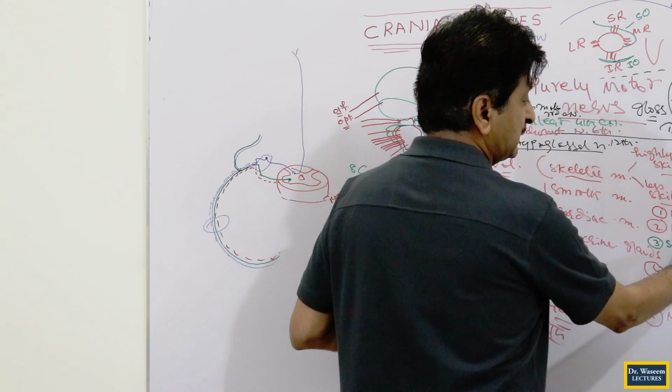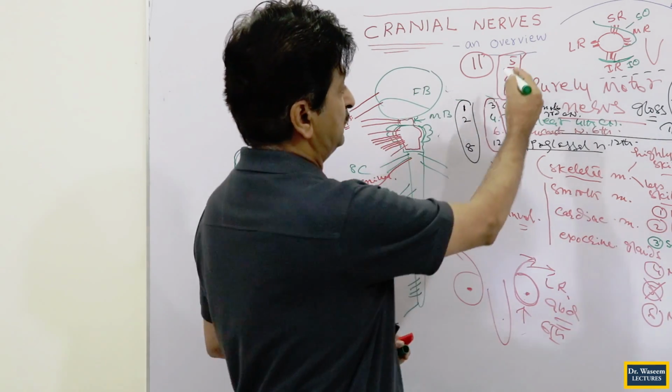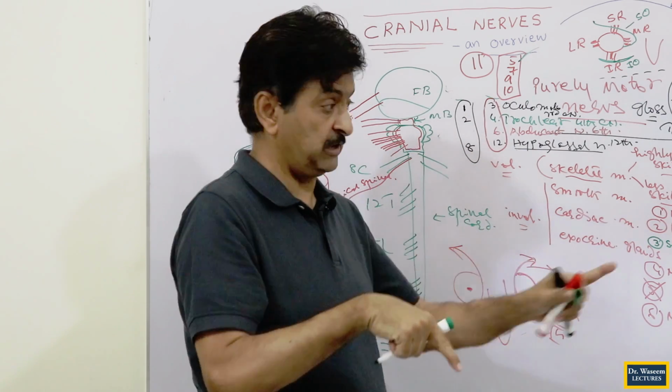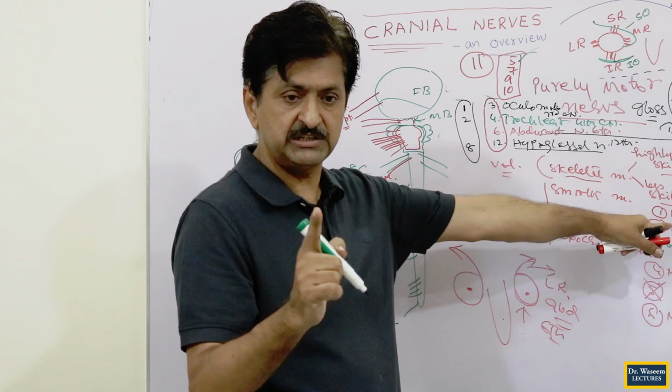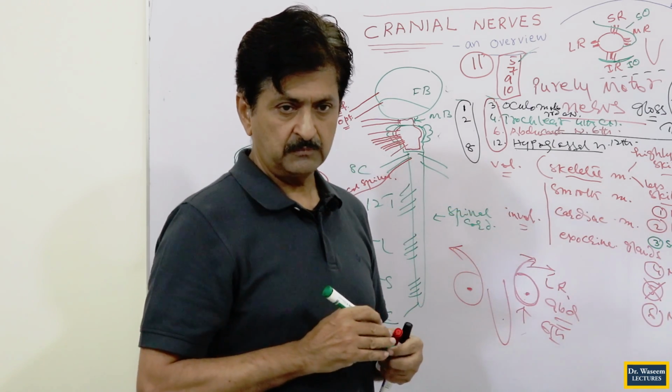So first, mixed nerve will be your fifth nerve, trigeminal. You see fifth. This is because of it, not because you have remembered the fill in the blanks fifth here, fill in the blank. No. First pharyngeal arch muscles of mastication. That is why it is mandibular, that is why it is trigeminal.